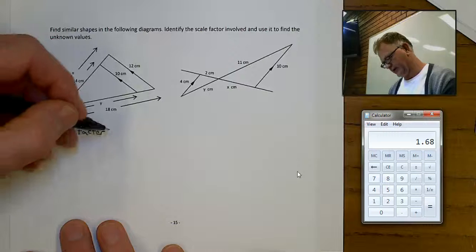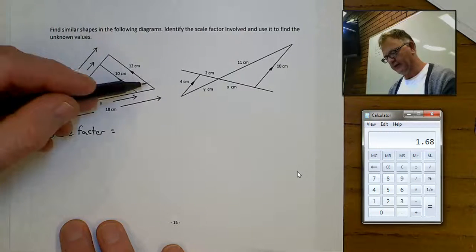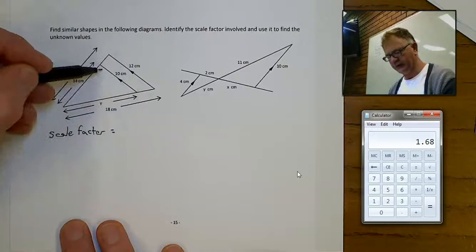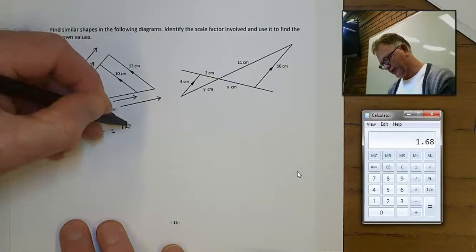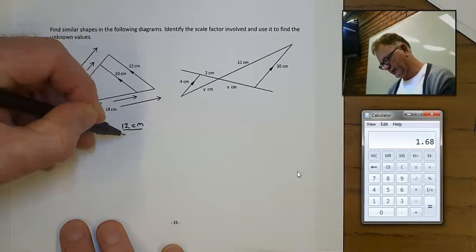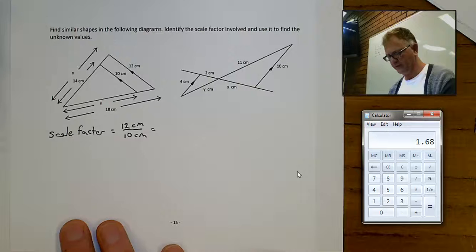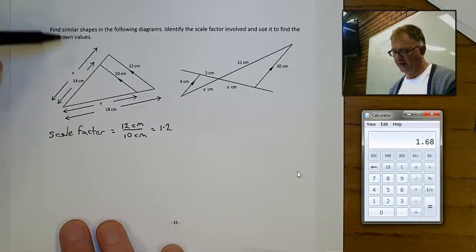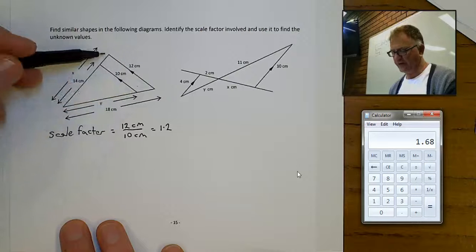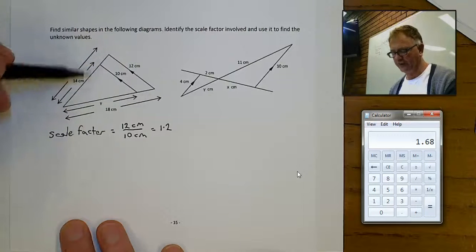So in doing that, the scale factor is equal to, remember, the size on the image divided by the size on the object. So these are corresponding sizes. So 12 centimetres on the image was 10 centimetres on the original. 12 divided by 10 equals 1.2. Or in other words, everything on the big triangle is 1.2 times the size that it was on the small triangle. So if you want to find out size x here,